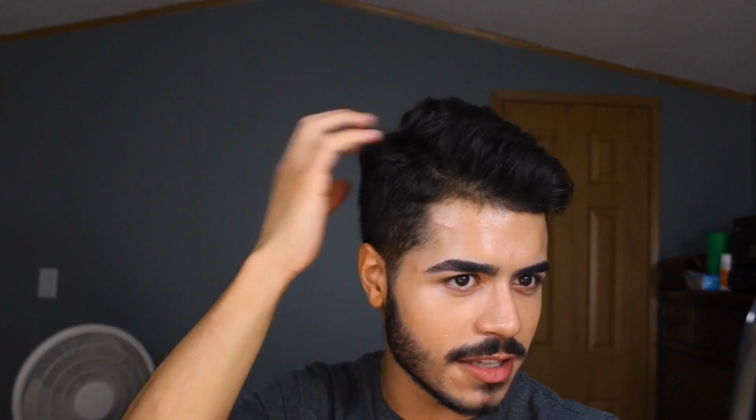And my brows are cooperating today. I actually shaved them yesterday, so I feel like they'll look fine with just brow gel. Here's the finished look. Nice, simple, natural look, looking like a baddie. About to face the world. Let me stop. But yeah, I really love how this foundation looks, and I hope that it holds up throughout